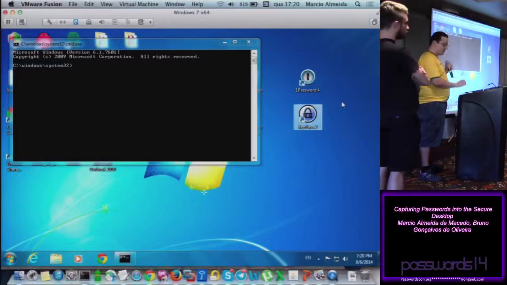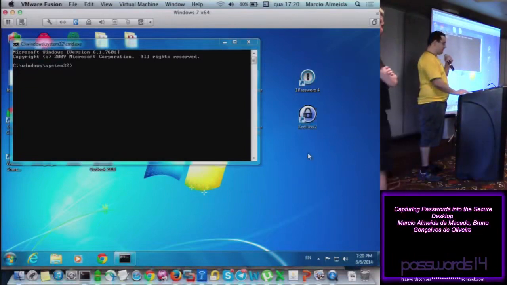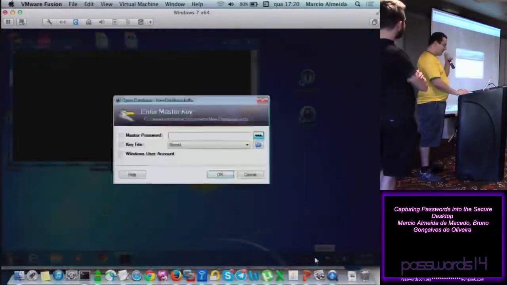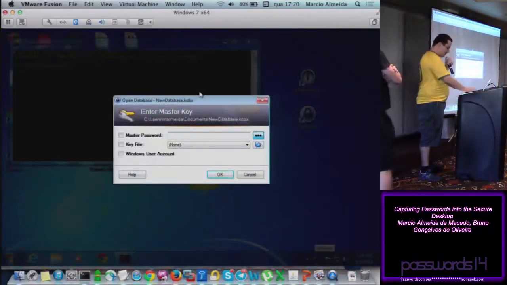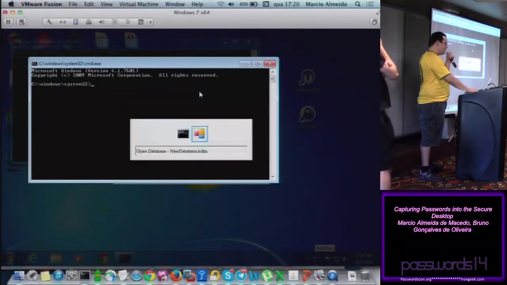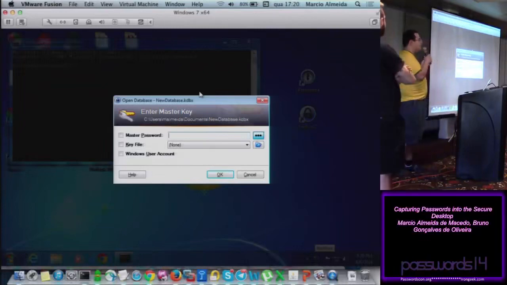Okay, open it. So, Alt-Tab. Can you see? We have the CMD opened inside the secure desktop, and the master key. So in theory, if we have a keylogger running inside the secure desktop at that moment, the user never knows